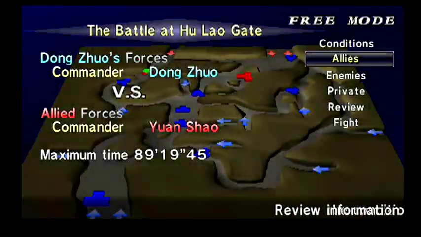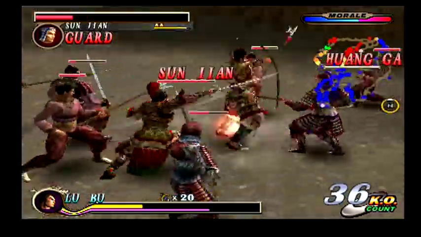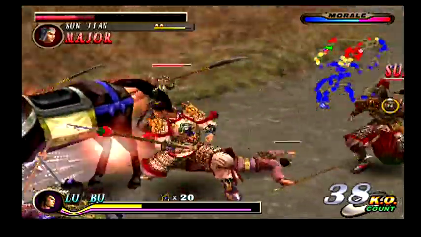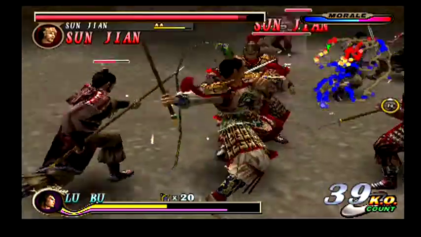So is Wang Feng... Okay, looks like Wang Feng is moving. Well, it looks like his troops moved more than he did. I think he is actually heading towards Yuan Shao strongholds. It's cool that they actually programmed that stuff in. So, yeah, I'm going to go ahead and...